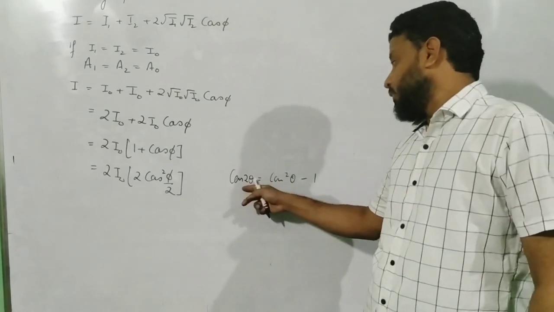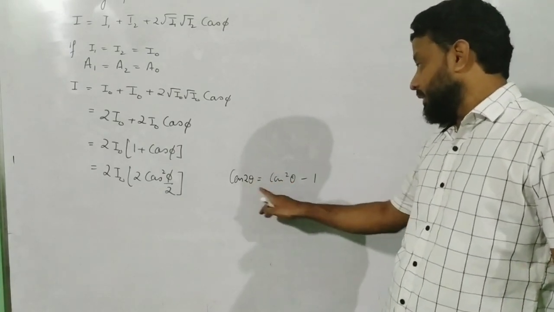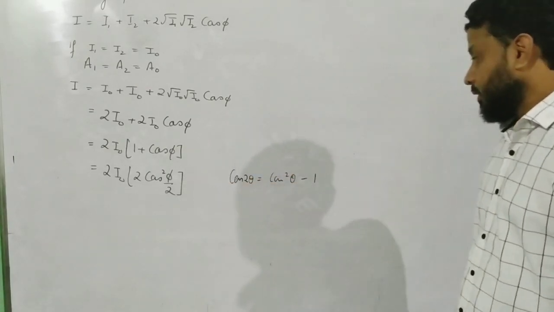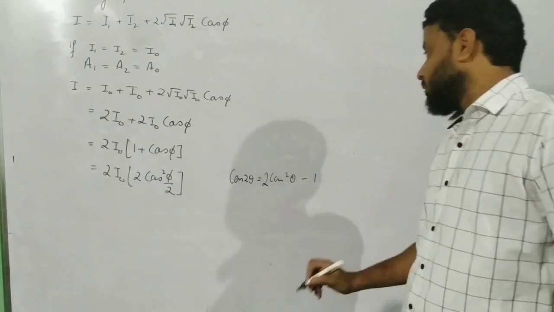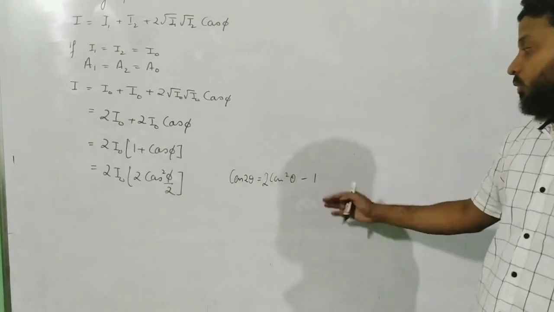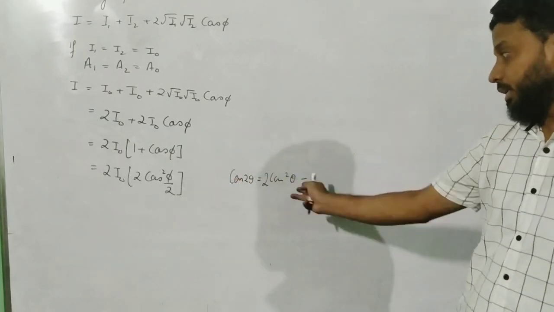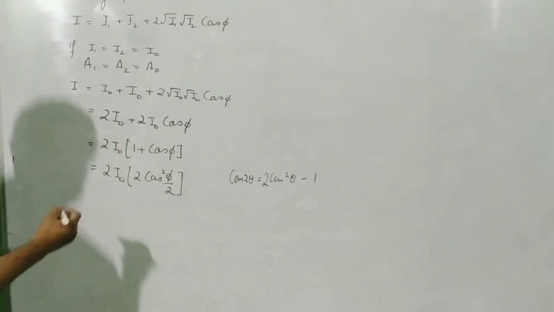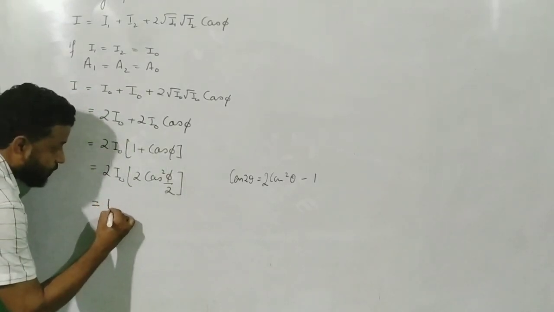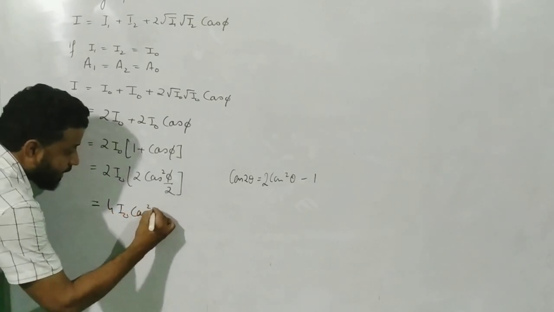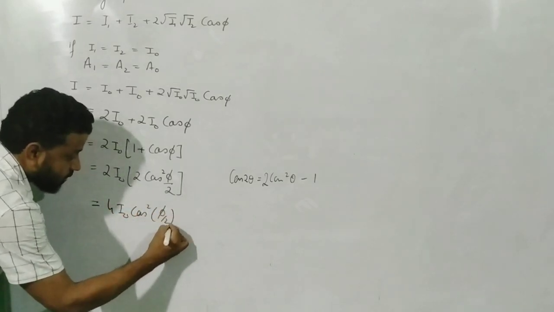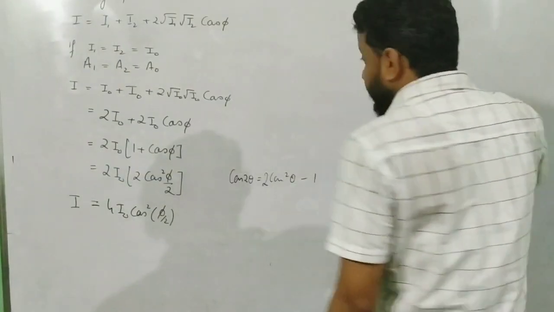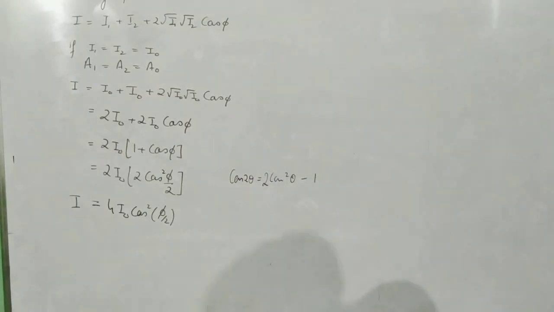Since I am dealing with 2 theta, here it would have been theta, so this will become phi by 2. And if you take the 1 to the other side, you get 2 cos square theta minus 1. When you take this 1 to the other side, you will find that pattern over here, and hence the answer is 2 cos square phi by 2. This will give me 4 I naught cos square phi by 2. This is I. We will quickly verify whether what we have done is correct or wrong.